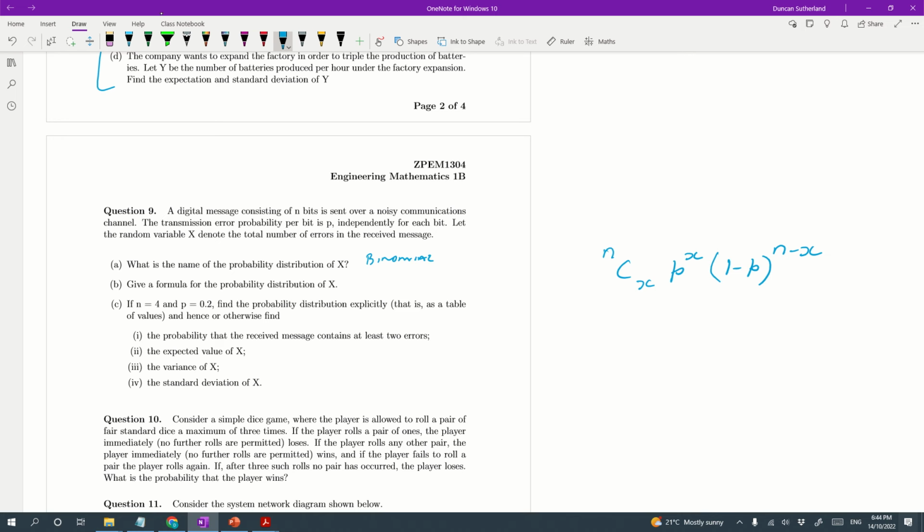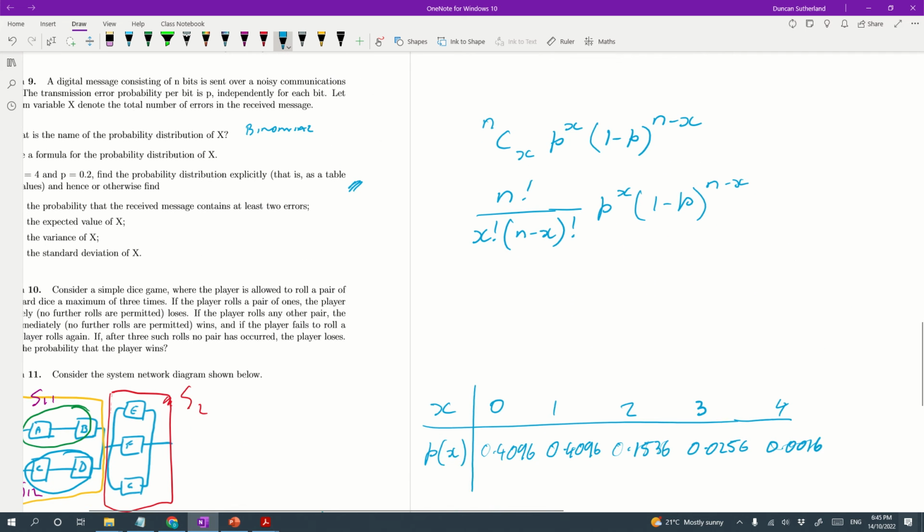If we want to go further, we can write out this n choose X. That's n factorial over X factorial times (n minus X) factorial. So this is something we can actually stick into our calculator and evaluate, if we know n and p, and then we just cycle through, X goes from 0 to n. So for the third part of this question, we actually have to do that. We have to substitute in n equals 4, p equals 0.2, and then write down a table of values, which